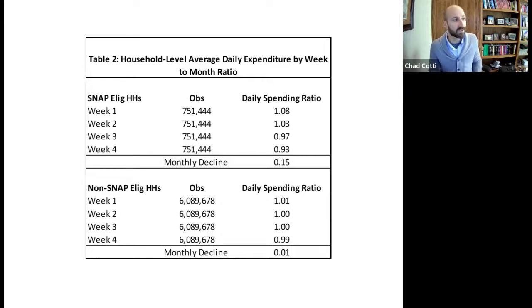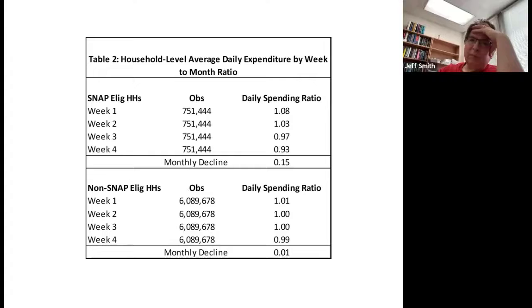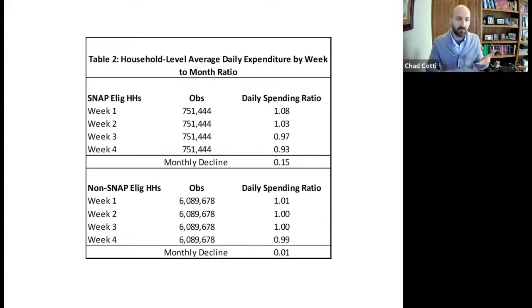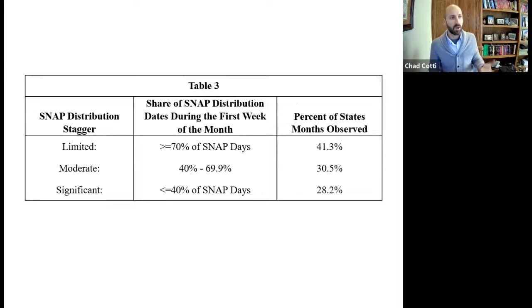Again, just descriptive. So now, in order to try to take us to this place about whether this alignment matters, before we get to the regression component, we wanted to also look at the data this way, using that alignment question. We had to make some arbitrary choices here. So this is completely arbitrary. What we did was classify households in states that had limited, moderate, or significant amounts of spread throughout the month.